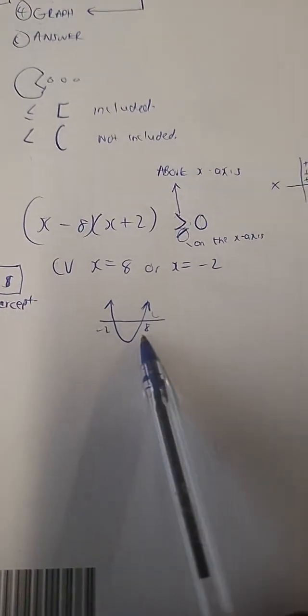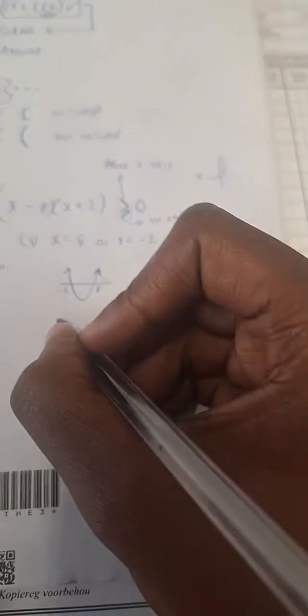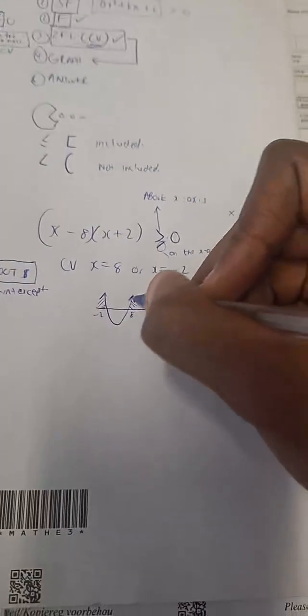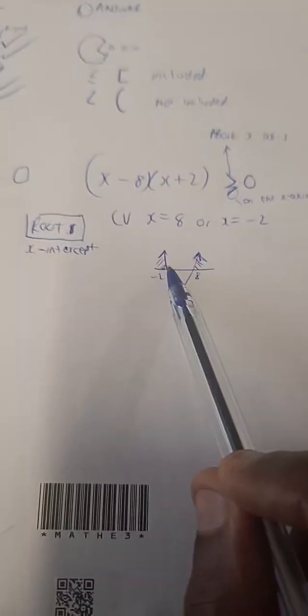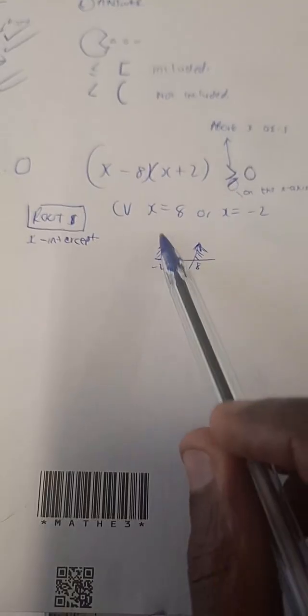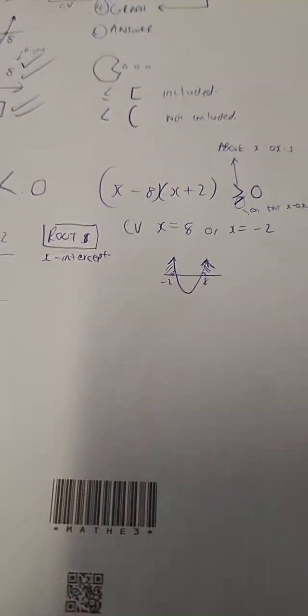Okay, now, what do I do now that I'm here? I say simply, guys, greater than or equal to 0. That means above the x-axis, it's in this region, above the x-axis, it's in that region. The minute from -2 we go in that direction, the function is above the x-axis. You can see it will infinitely go up and away from the x-axis. From this critical value onwards, the function starts being above the x-axis. So this side